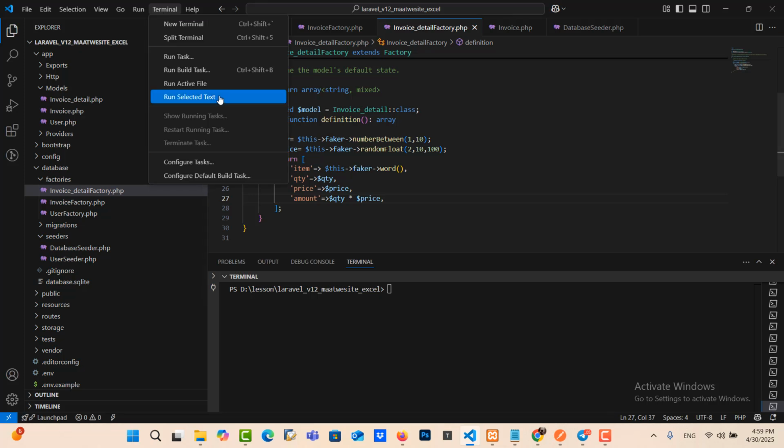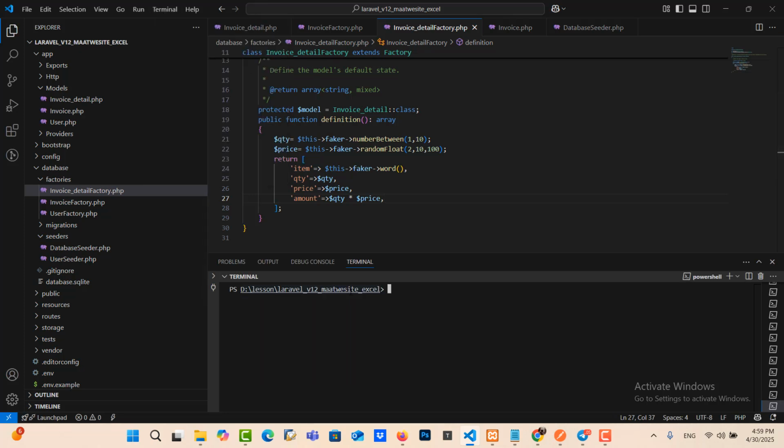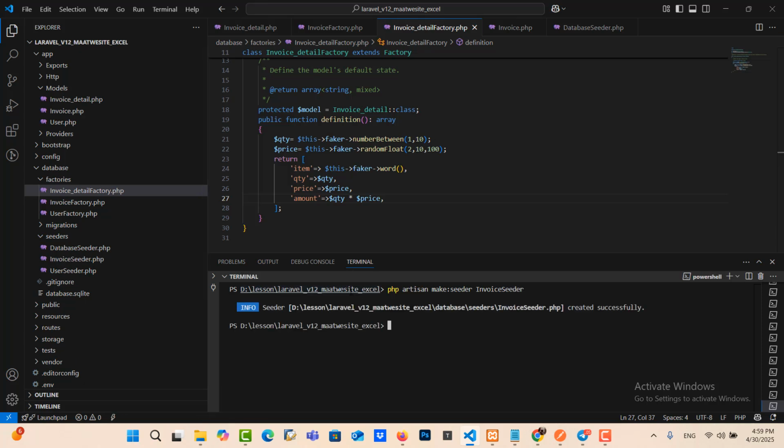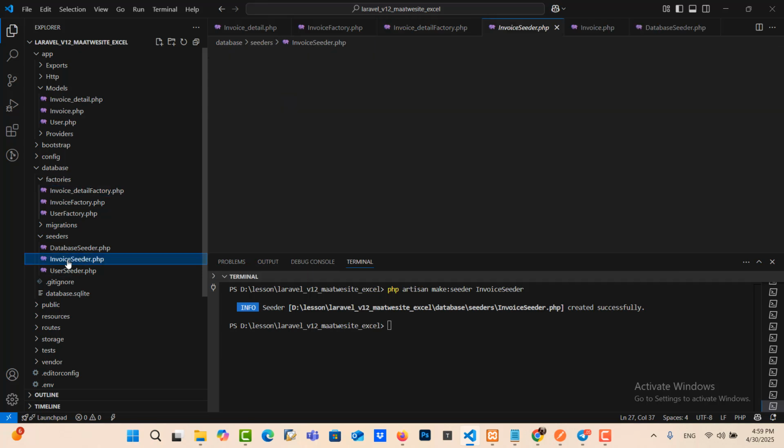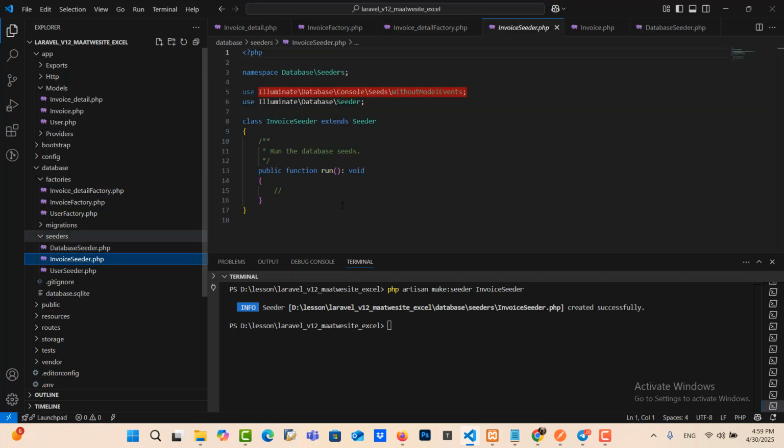Save file. Then we go to the terminal, we run php artisan make invoice seeder. Successful. We go to invoice seeder. We write something in here.